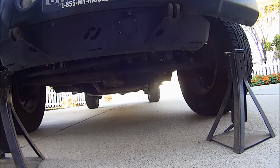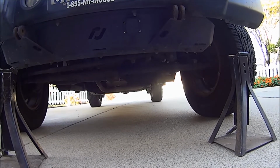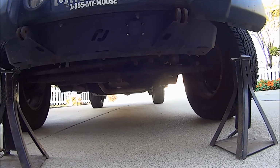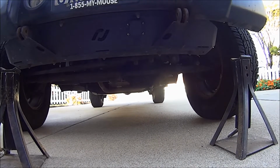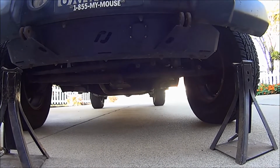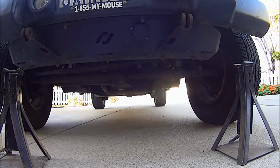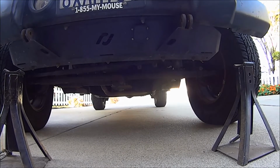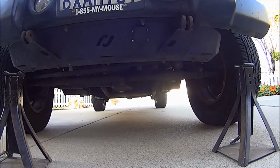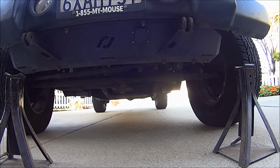All four-wheel drive front axles are offset like this, because the center of the vehicle is occupied by the engine, transmission, drive shaft. So the front drive shaft can't be in the center, can't occupy the same space as the engine. So it's offset. Well, the problem is if you put this jack underneath the differential and jack it up, the only thing that's going to happen is the tire on that side is going to come up. Oh, if you jack it up about 40 inches, the other tire will probably eventually come off the ground, but I don't want to jack it up 40 inches. So